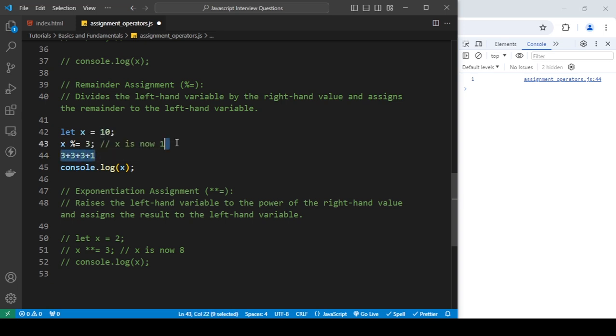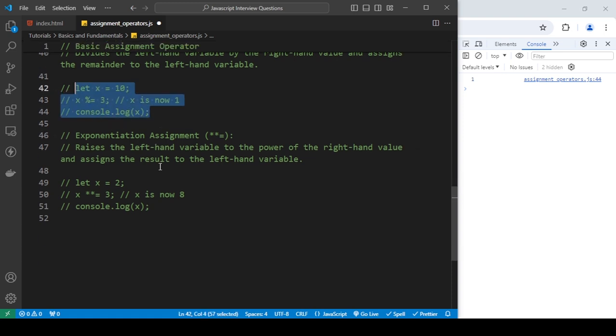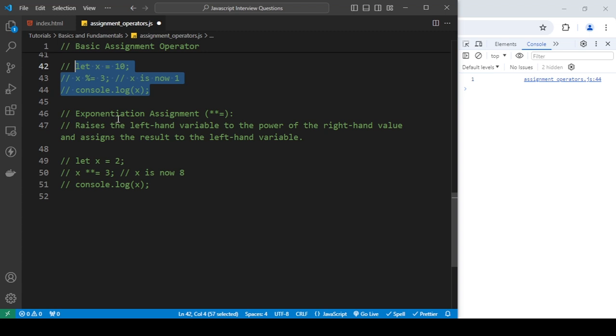Okay, so that's how this is happening, and this was remainder, and then x exponentiation assignment raises the left-hand variable to the power of the right-hand value and assigns the result to the left-hand variable, which is basically,